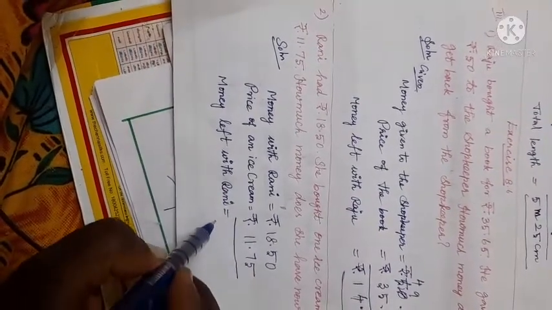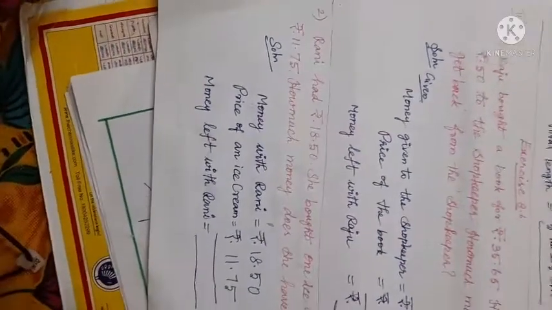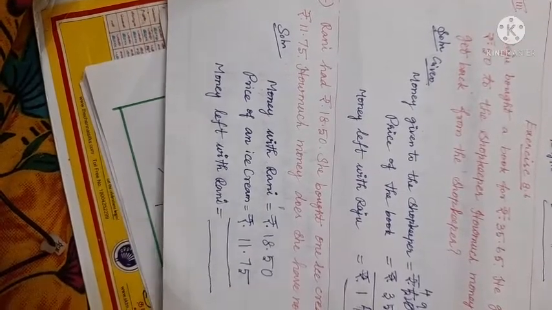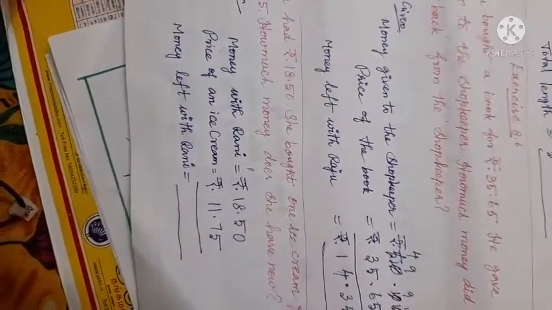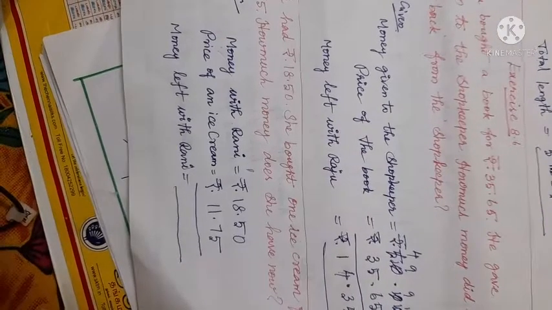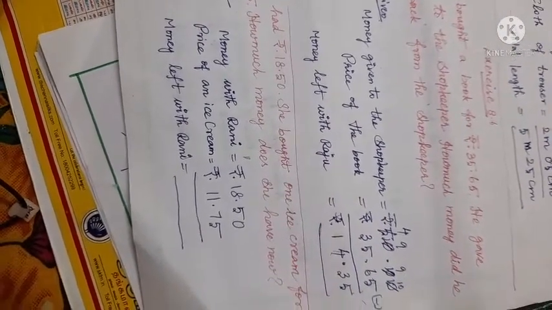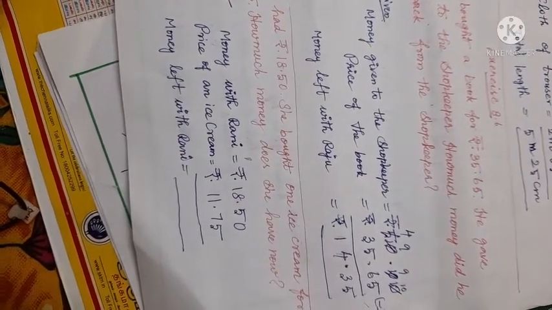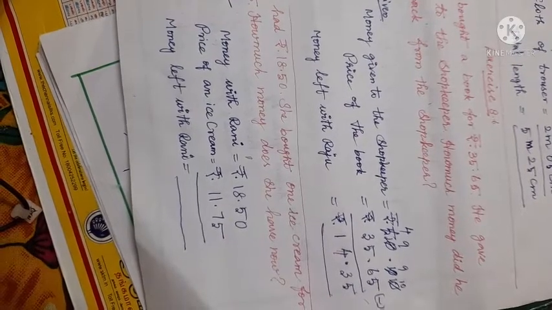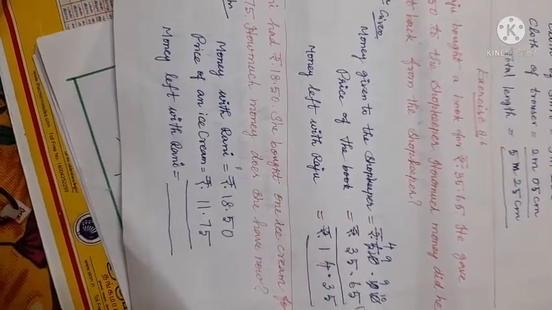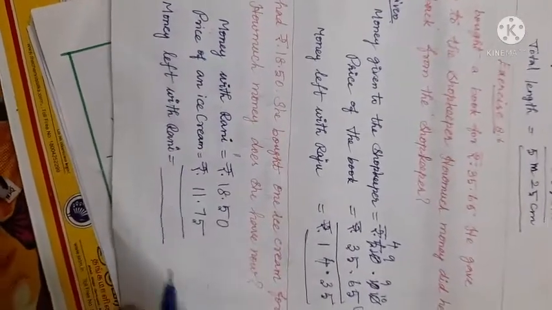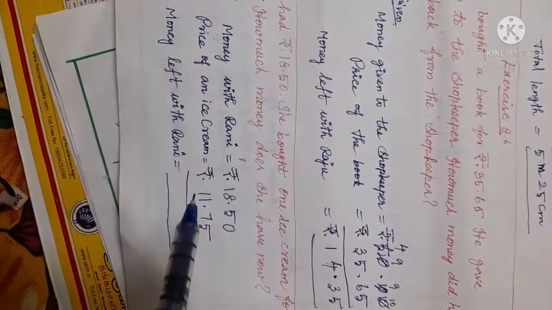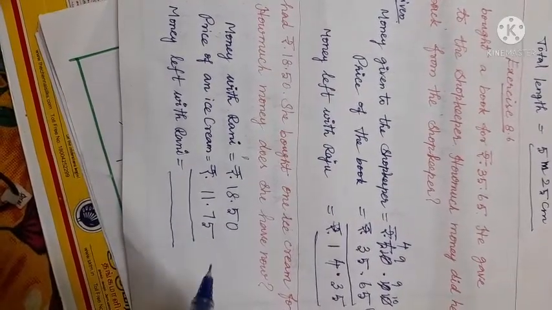Same thing. You are going to one shop. You are buying a 20 rupee ice cream and you are giving the shopkeeper 30 rupees. So what is the balance with you? It will be 10 rupees. Yes, very good. 10 rupees you have as the balance. So 30 minus 20, 10. Like that only, children. She has 18 rupee 50 paise and she is giving the shopkeeper 11 rupee 75 paise.